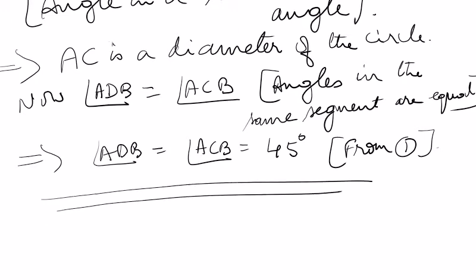So now children, go through it again. I will be doing the next question. I will give you 2 minutes to go through the steps so that you can understand better. Then I will be doing the next sum. Okay children, have you gone through the question? Understood? Now, shall I proceed to the next question? Yes. So, the next question is, this I think you should try to do it.